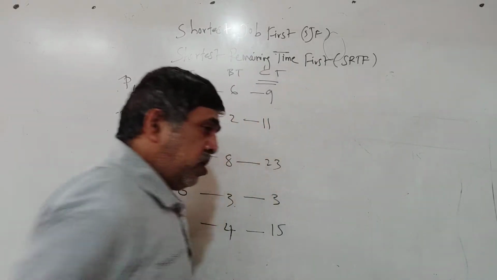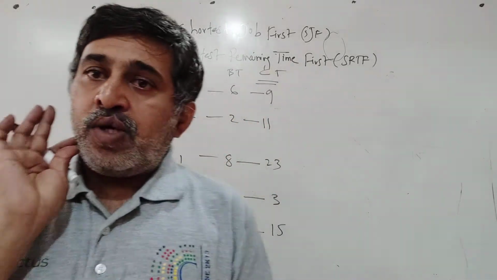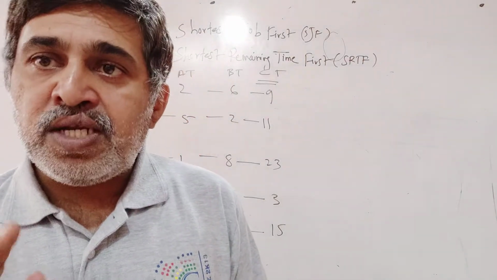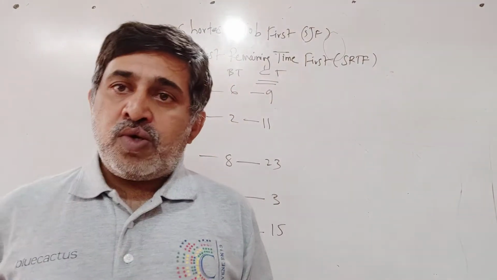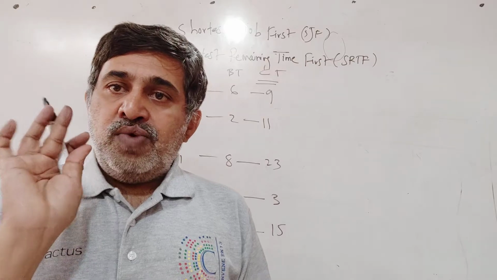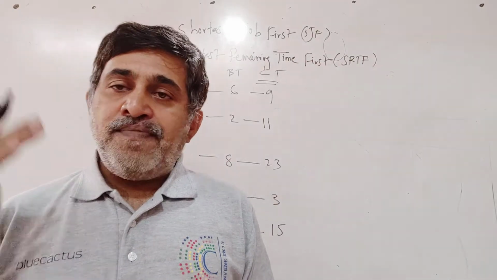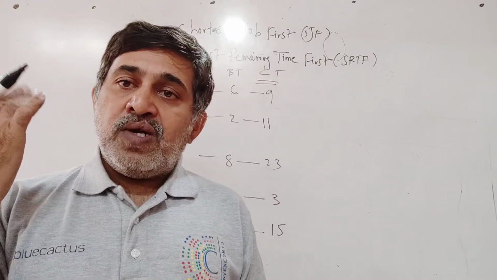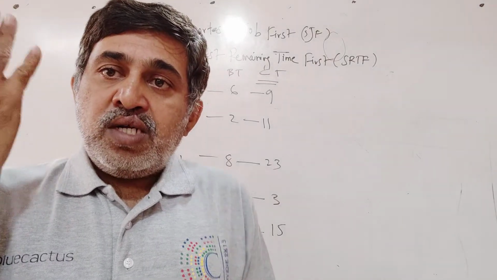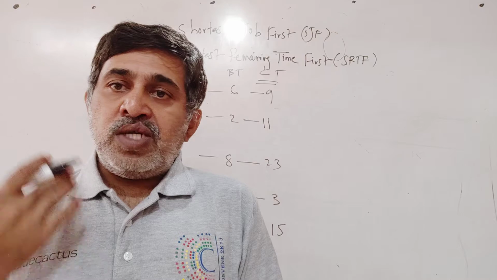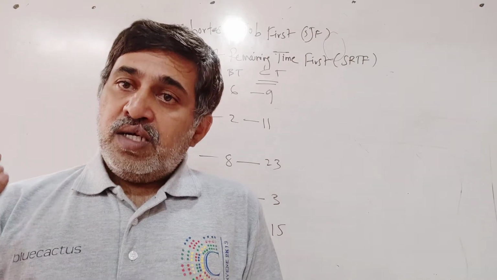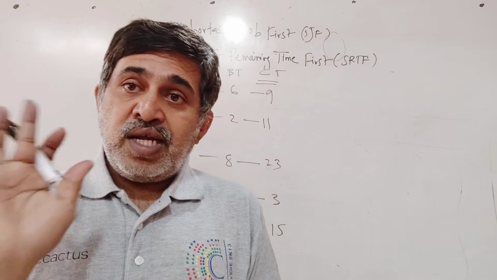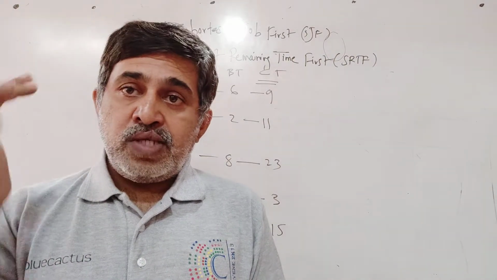Remember everybody, first you have to calculate the completion time, and to calculate the completion time we need to draw a Gantt chart. The moment you draw a Gantt chart successfully, you will get 2 marks. So the bifurcation is 2 marks, 3 marks plus 3 marks. For calculation of turnaround time 3 marks, for calculation of waiting time 3 marks, and for drawing the Gantt chart in the initial first stage, you will get 2 marks. So 3 plus 3 plus 2 is 8 marks.